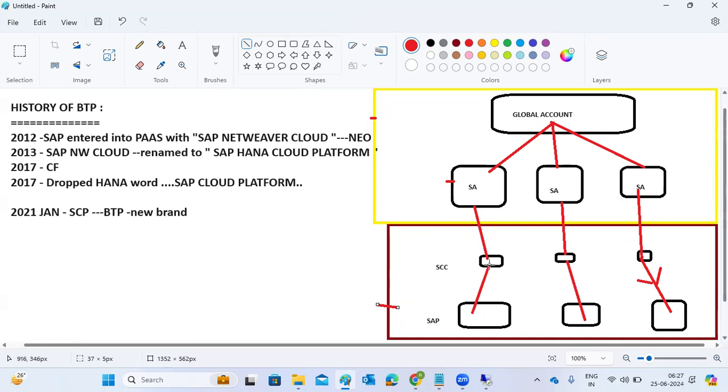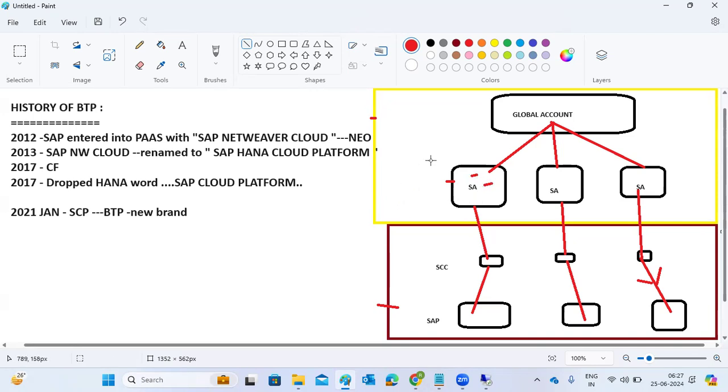You need to use an intermediate, the cloud connector. So the cloud connector plays a very important role in BTP. If the cloud connector gets disconnected, your connection is gone. There is no connection to your SAP business systems and the sub accounts that customers use for applications.